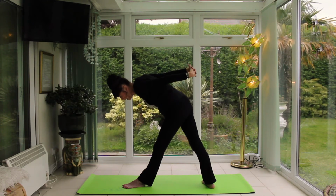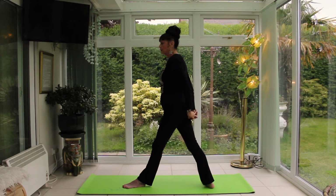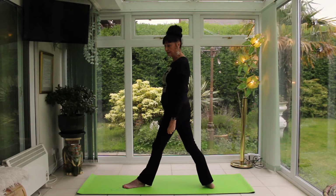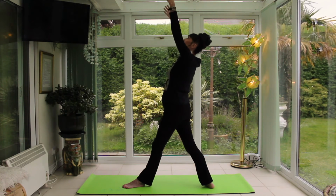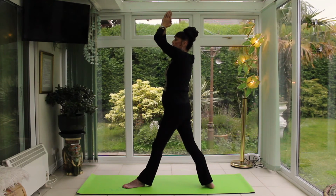Now slowly coming upright, you breathe in. And on your out breath, releasing. The 2nd level. Breathing in as you raise your arms above your head, looking upwards. Breathe out, hands to center chest